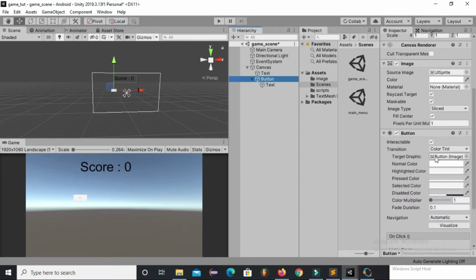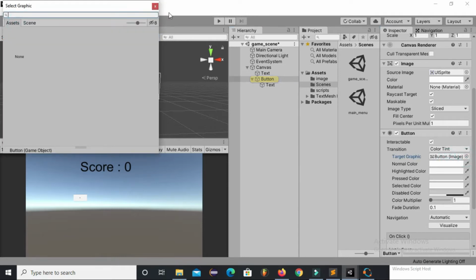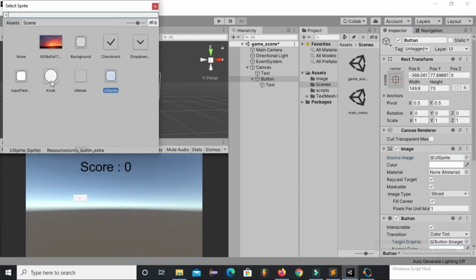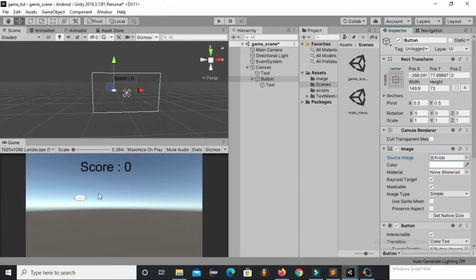Now I want to make this button a circle, so from the source image you can change the image of your button. I want this button to be a circle, that's why.